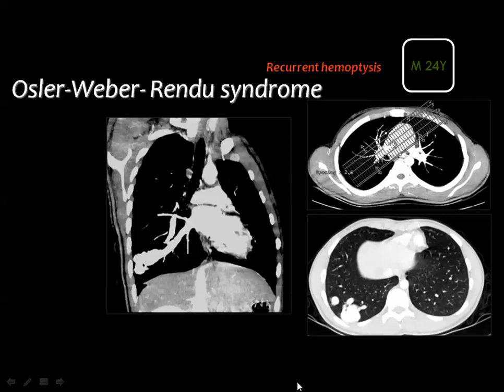The presence of multiple pulmonary arteriovenous malformations is highly suggestive of this disease, which is known as Osler-Weber-Rendu syndrome or hereditary hemorrhagic telangiectasia. I have said that if you see a nodule which is connected to the hilum by a vascular pedicle, then you think that this is an arteriovenous malformation. Sometimes the vascular pedicle cannot be seen in the same section. Then you may have the facility of multi-detector CT, and you have sections along the course of the vascular pedicle. Then you will have this image, which is a coronal oblique showing the pulmonary arteriovenous malformation connected to the hilum